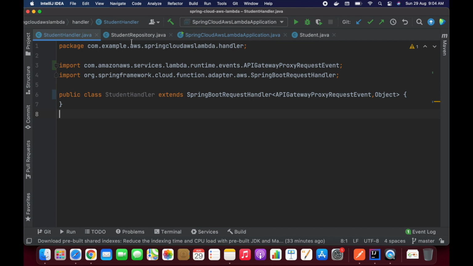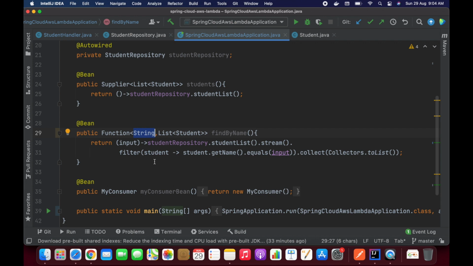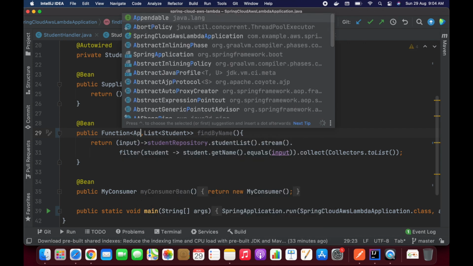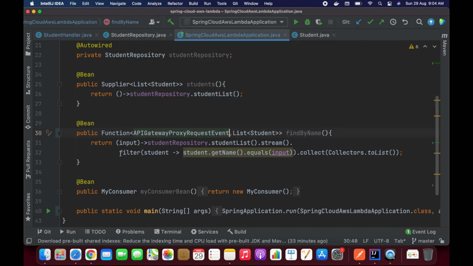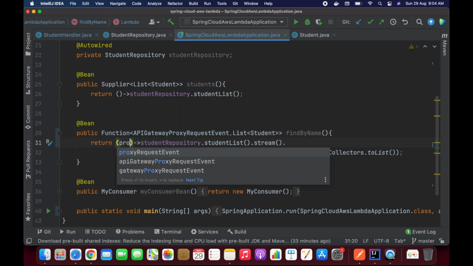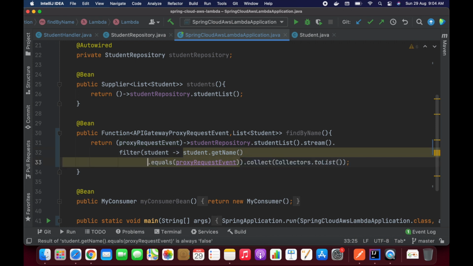Now let's open our main application. Here the input is a string, right? To work with the API Gateway request event, we have to use the APIGatewayProxyRequestEvent here as well. I'm just changing the name of this input.